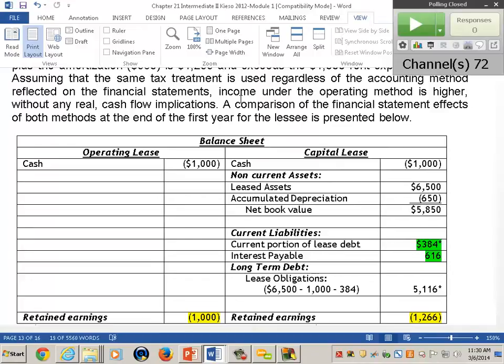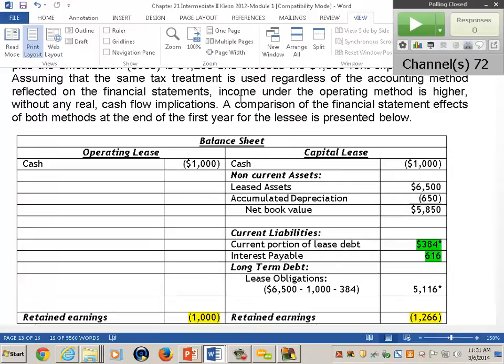Now, for me, if you put the current portion of lease debt as 1,000, it's okay. To me, the breakout is important for some, but for me it's not as critical because it's going to be going against the same debt anyway. And usually the interest accrual gets added on to the lease debt. But for disclosure purposes, this is more transparent.